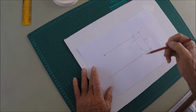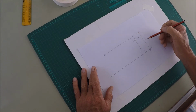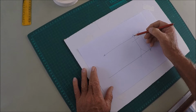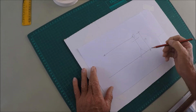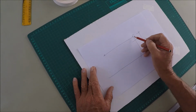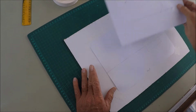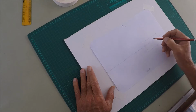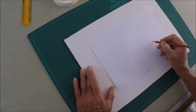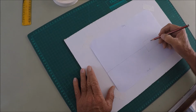Here I've drawn a stick man. He or she is 1.8 meters tall. Eye line is there. Whatever they're looking at is 1.8 meters above the ground. So that point there, relative to the horizon, is 1.8 meters high. So if you're drawing a building, and in this case a cottage, that horizon line is 1.8 meters above the floor level, right? So if I draw a door there, like that,